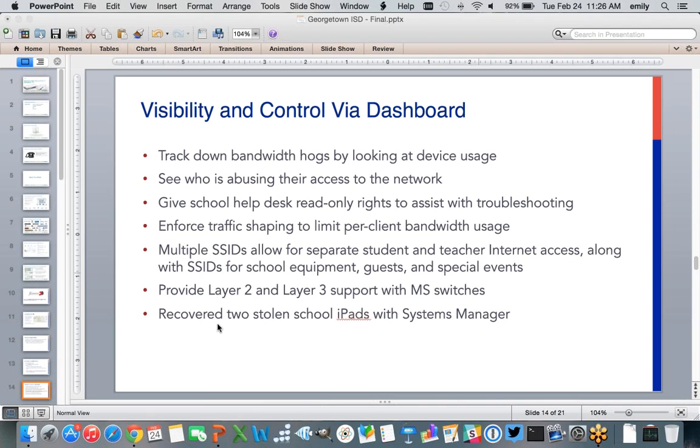Okay. So we have a question from a member of the audience for you, which is, do you throttle sites such as YouTube, iTunes, streaming music, video sites? On the wireless, we absolutely do. We limit that. I don't remember off the top of my head, but I believe it's per device. We have a limit for the amount of bandwidth that they can use. It's mainly for streaming sites like YouTube, and we pretty much block most music streaming. But a lot of video sites are open, and we do limit that so that someone is not completely clogging an access point.